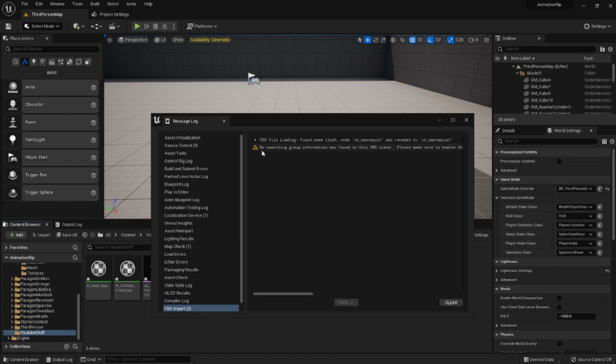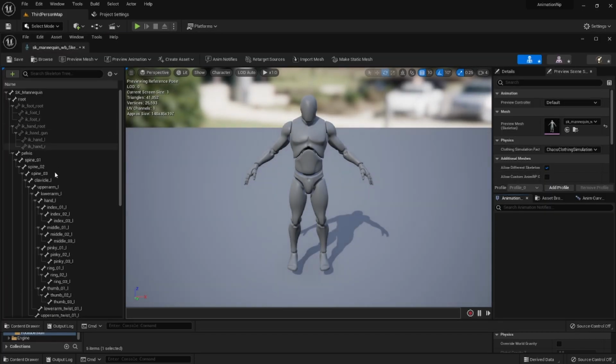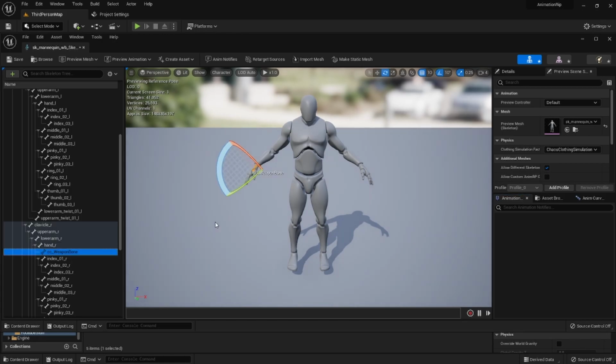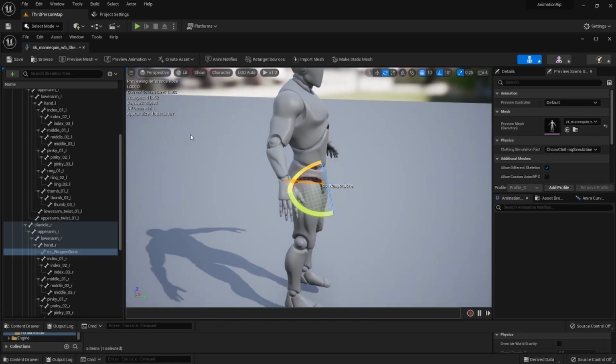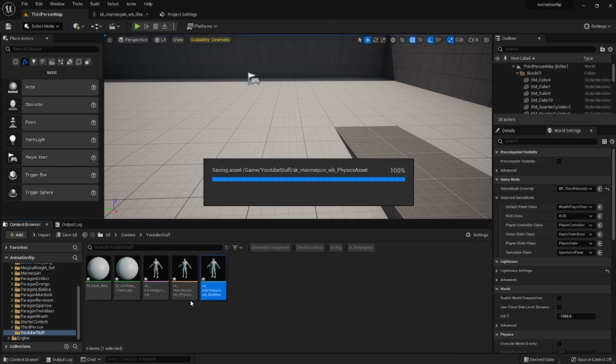It'll give you a little warning about smoothing groups. Houdini doesn't do smoothing groups, so disregard that. And now we have our skeleton with our weapon bone right there. So now, if we retarget animations to this skeleton, it'll have that weapon bone that we could take into our